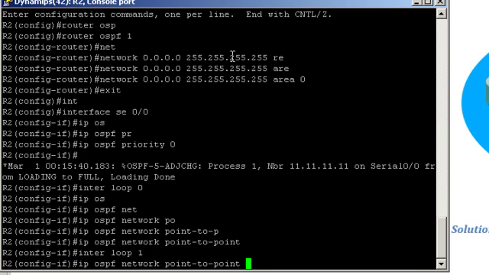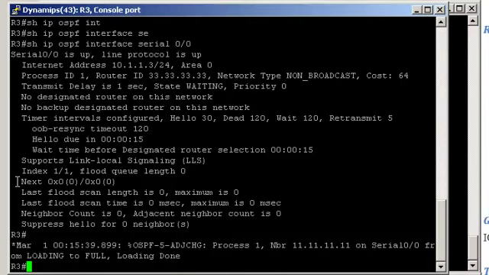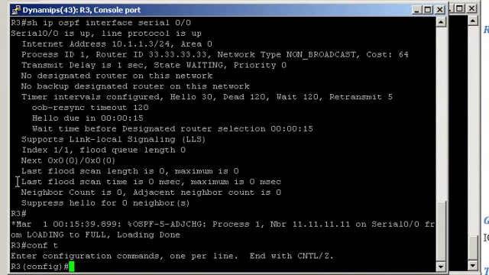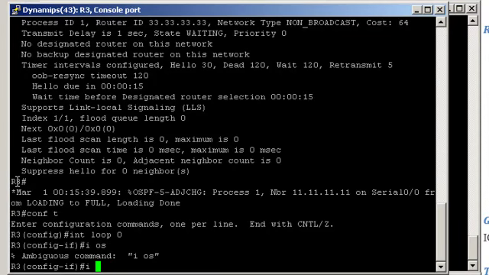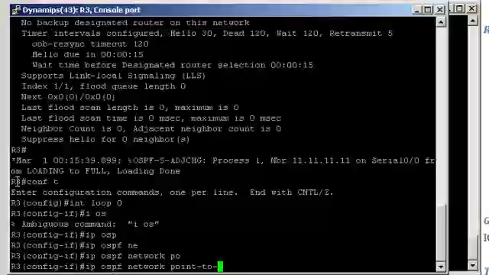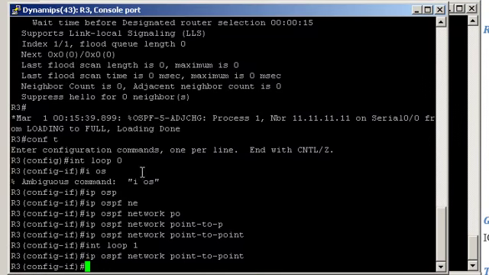Same on loopback 1. And now on router 3, interface loopback 0, ip ospf network point-to-point. And on loopback 1. Now let's jump back on router 1